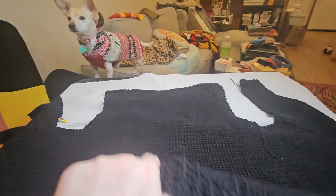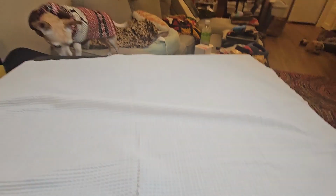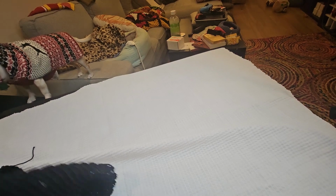But so this is the back and the sides. Gonna put that to the side. And what do I have next? Oh, okay. Yeah, this is the sleeve. I was hoping it was that. So you make two of these,